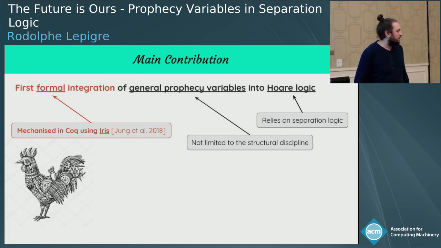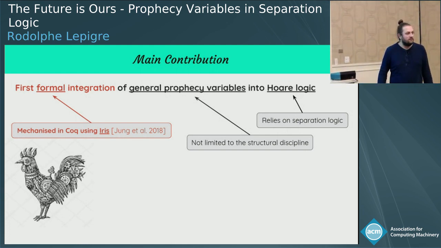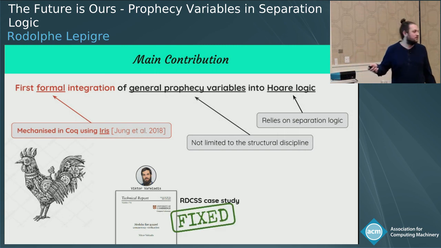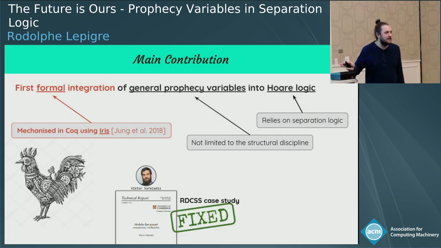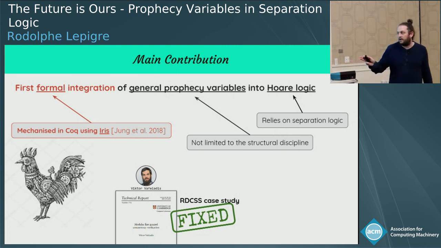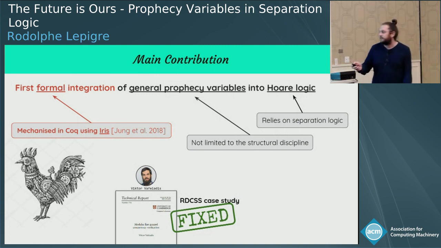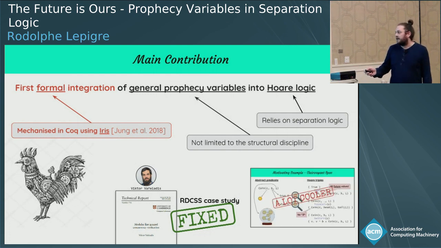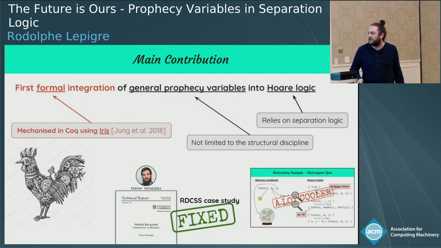And so we've used this framework to prove linearizability for a number of concurrent data structures that have a future-dependent linearization point. In particular, we've looked at the RDCSS case study, and we have found a way to fix the proof. But our fixed proof makes essential use of the fact that we have general non-structural prophecy variables. I'm not going to talk about RDCSS anymore, because it's quite complicated, and I don't have time today. I'm going to try to illustrate the principle of our work using the coin examples that I presented earlier, and give you a feel of how we can prove our very cool specification.